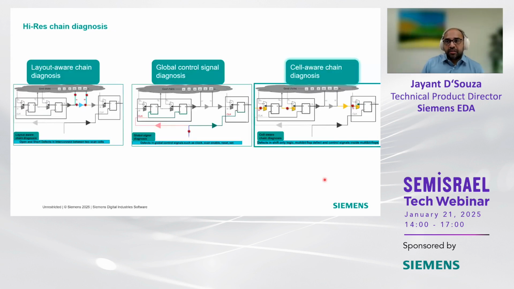The third piece of technology that I want to talk about in high resolution chain diagnosis is cell aware chain diagnosis. Cell-aware chain diagnosis is a piece of technology that's focused on front end of line defects, that is, things inside of the scan cell that could cause scan chain shifting to fail. So think of multi-bit flops, and defects inside multi-bit flops that can cause the scan chain